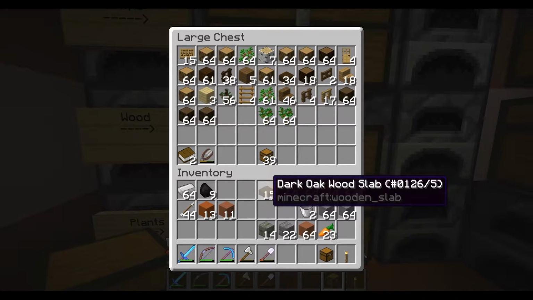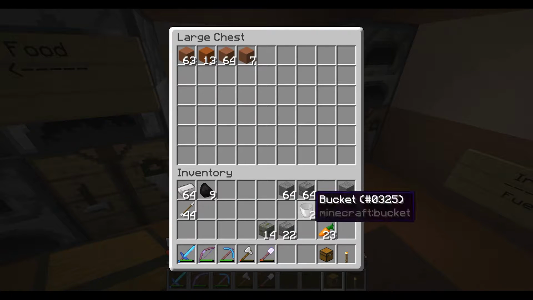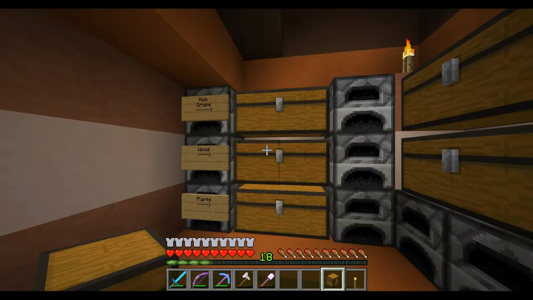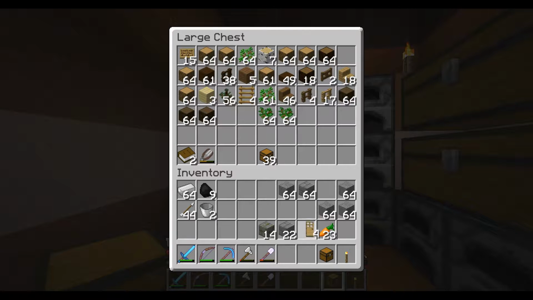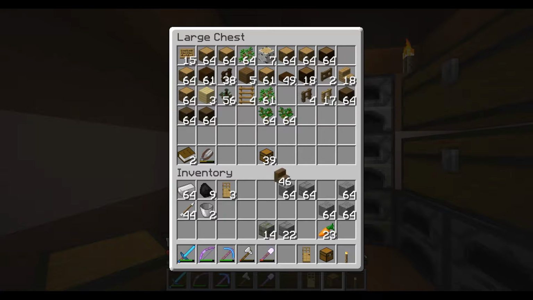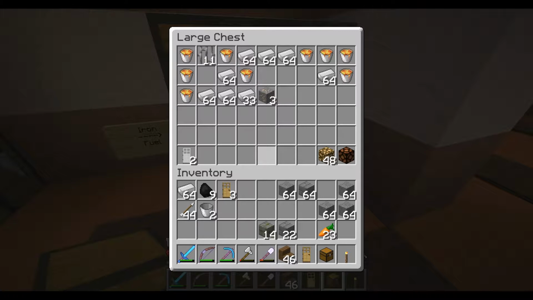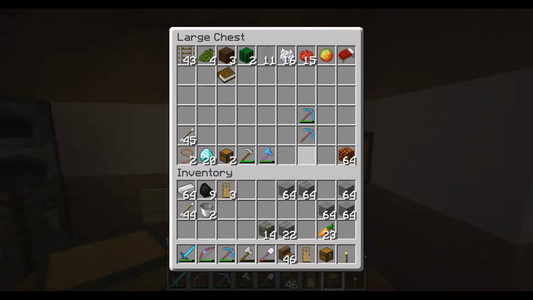Let's put some of this wood away. I can dump all the clay down into my sorting system. I do have a door. That's good. I don't need plants and stuff. Let's see, let's take this. Kind of make some pseudo tables. And I need some cobblestone because I want to make a...